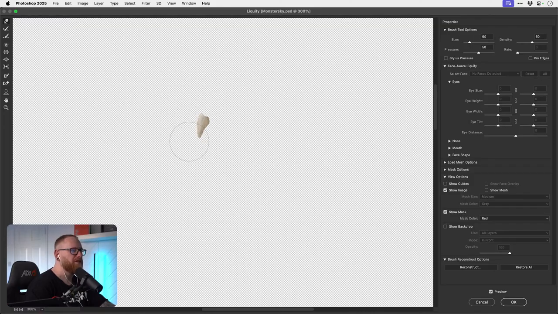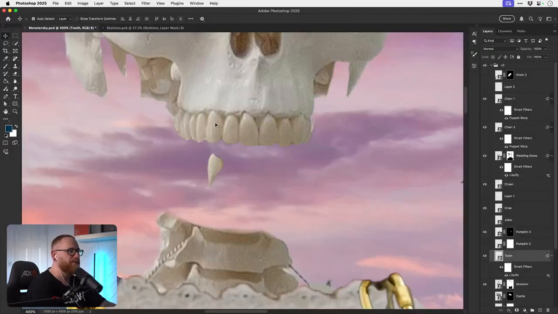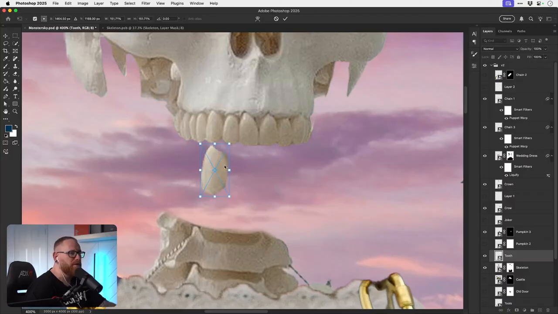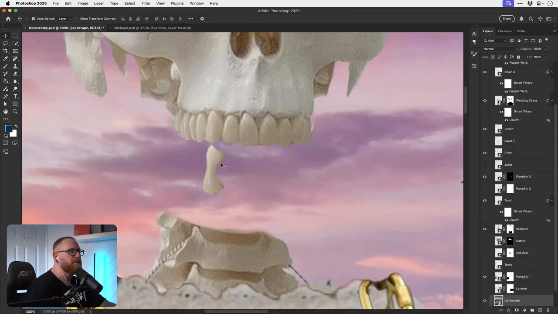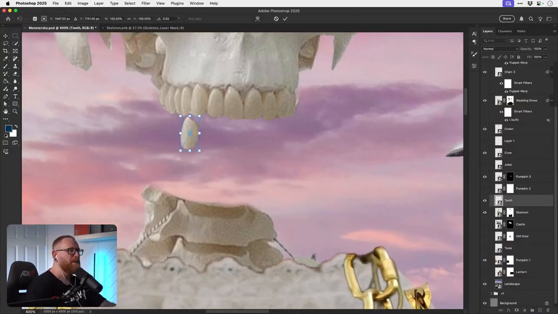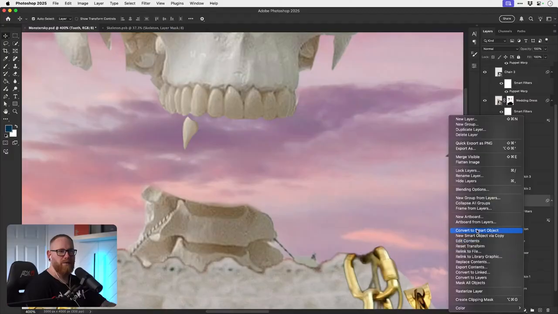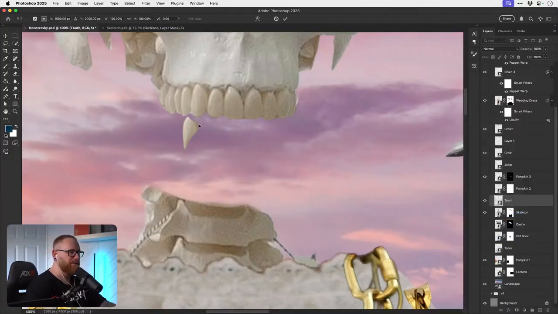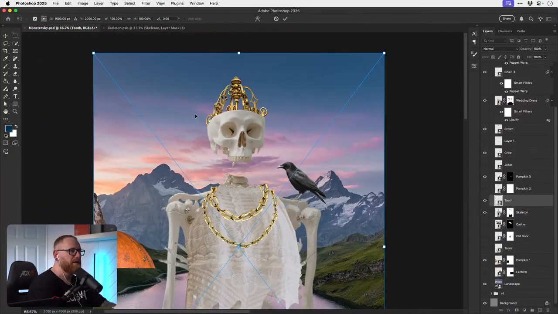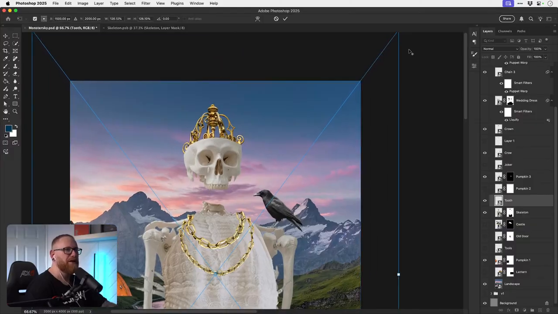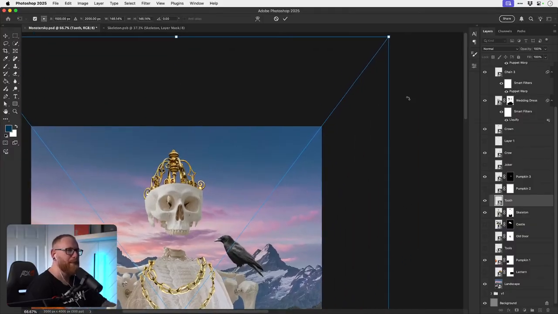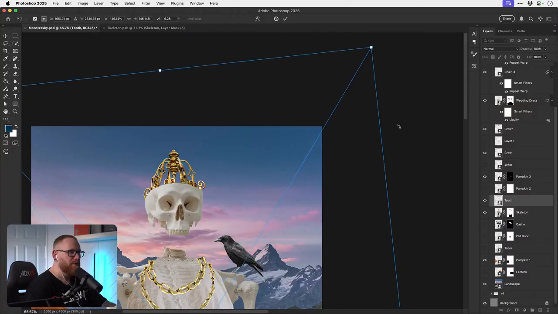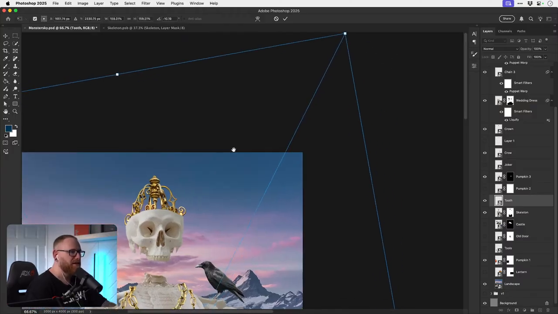So just changing the brush size and very carefully just sculpting it into a fang. Lovely. Make it bigger, obviously. Oh, no. Okay, right. That was because I had a liquefy on it and I scaled it up. So we'll smart object that just so when I scale it... Oh, no. Oh, it's made it the whole thing. That's fine. We'll work with that for now, but we might need to change it. Yes, I like this. I like where this is going.